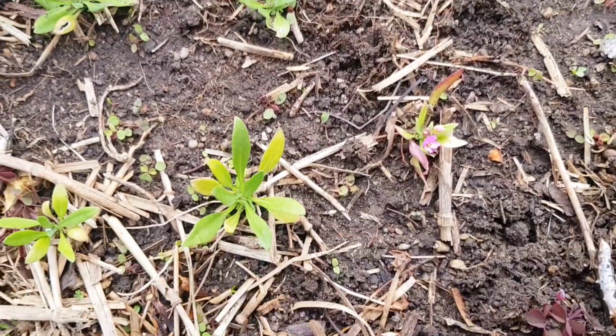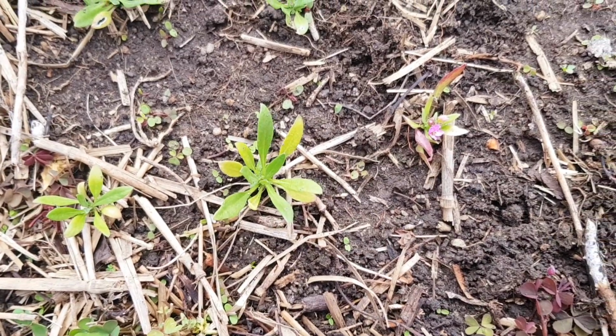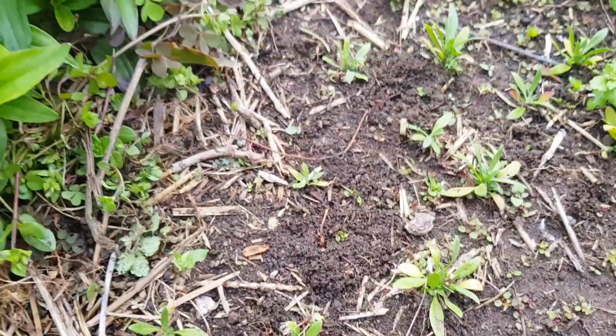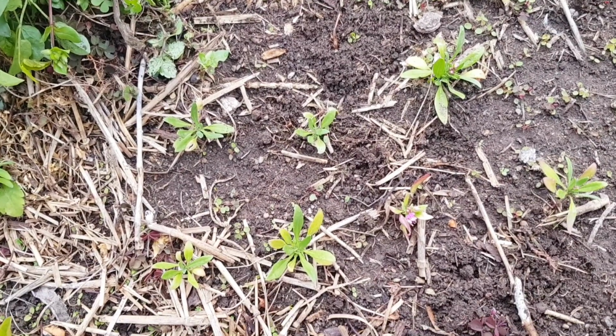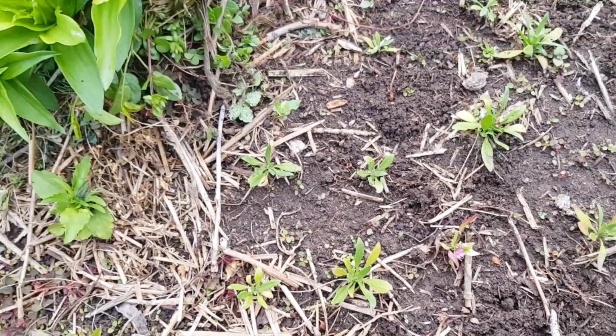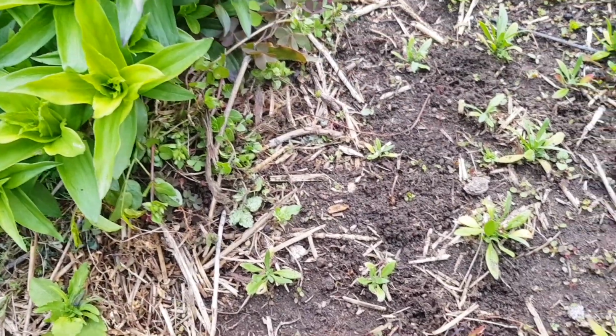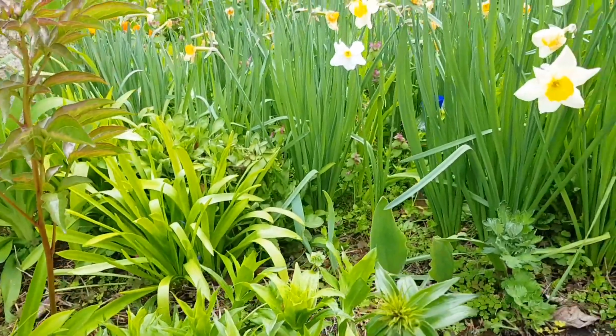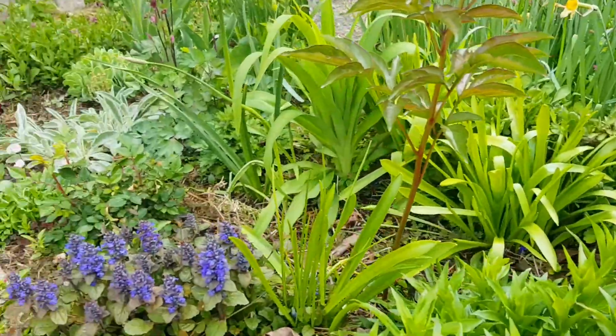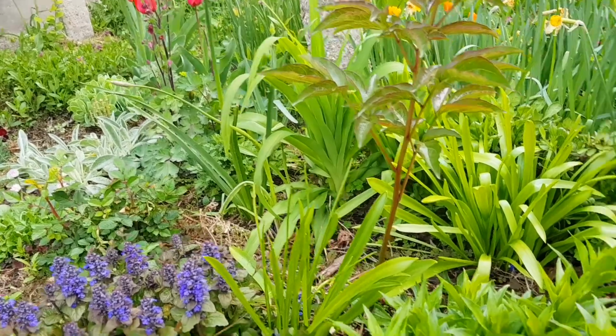I didn't put the seeds directly in the ground because many times I don't have good success with that. Unfortunately, I don't know why. Sometimes it works, sometimes it doesn't. As you can see, I'm going to show you a little bit of my garden around. There's not that many flowers right now, but